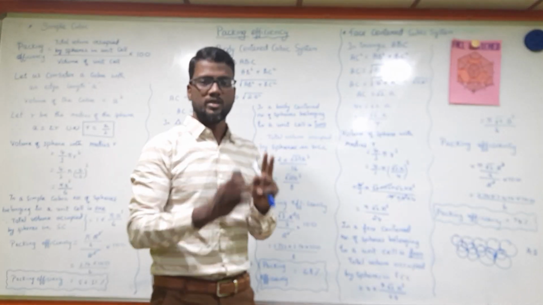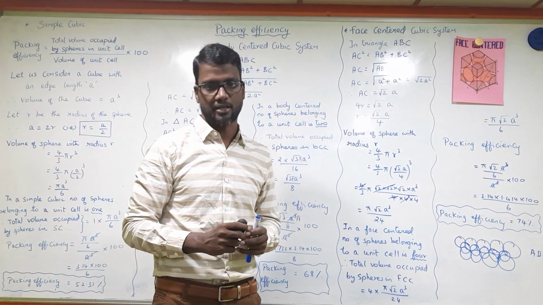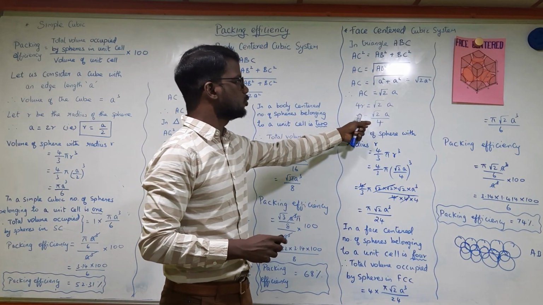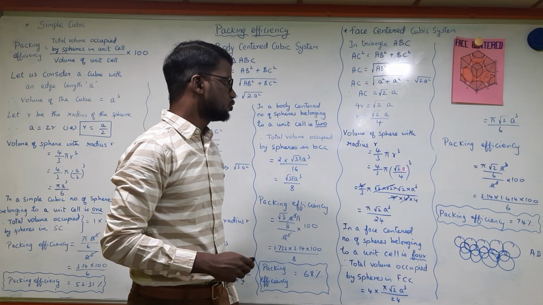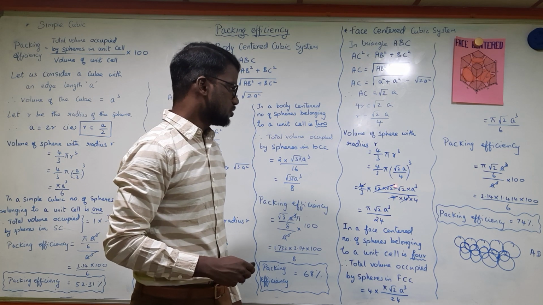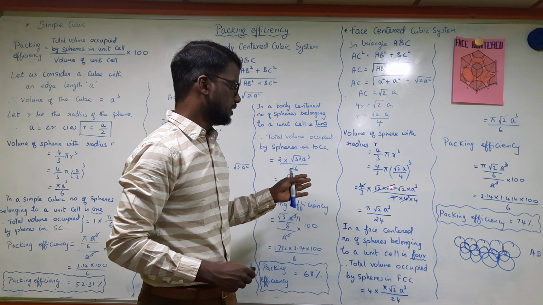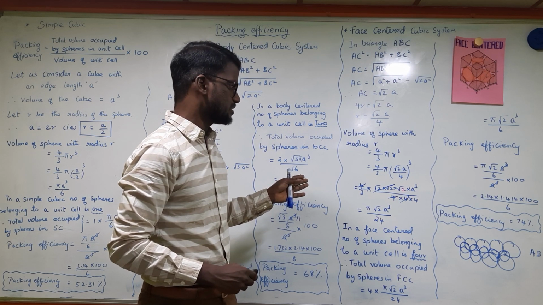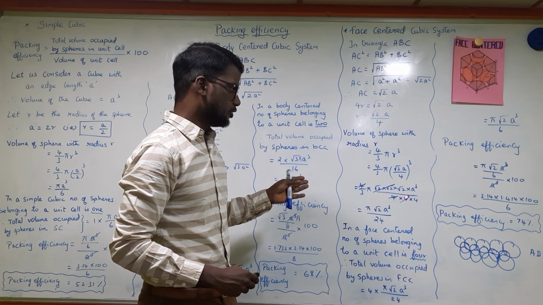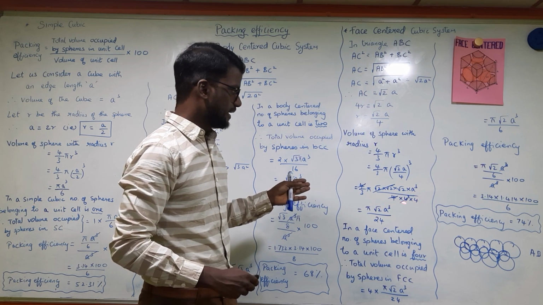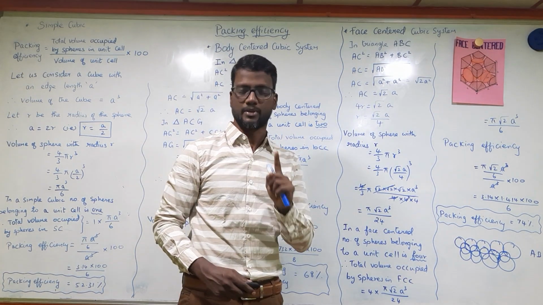Step number 2, what is the volume occupied by one sphere? Volume occupied by one sphere is equal to 4 by 3 pi r cube. So what is the value of r? Root 2 a by 4. Substitute over here and simplify it. Root 2 cubed becomes root 2 into 2, so I have cancelled 4 to make it 2, and here this 4 gets cancelled. What is left out? Root 2 a cube pi in the numerator. 2 4s are 8, 8 3s are 24 in the denominator. So this is the volume occupied by one sphere.